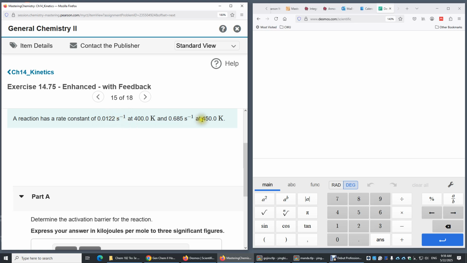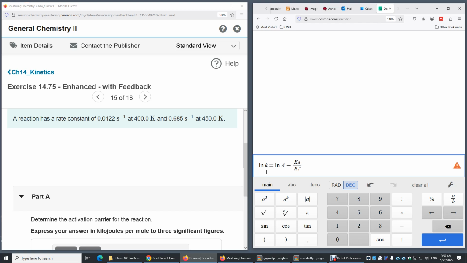And then we have the rate constant at different temperatures, and then we can use the Arrhenius equation to determine the activation barrier or activation energy for the reaction. The equation is this: ln k is equal to ln A minus E sub A over RT. This is the equation. But then we have two data points, so we can have ln k1 equal to ln A minus EA divided by RT1. That's my first equation, and I can have a second equation with